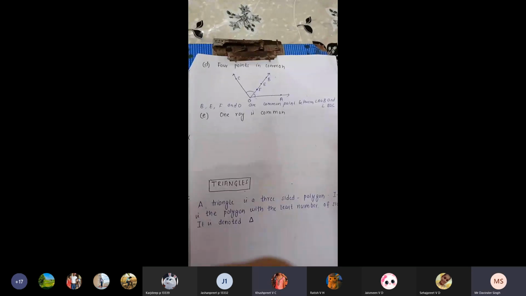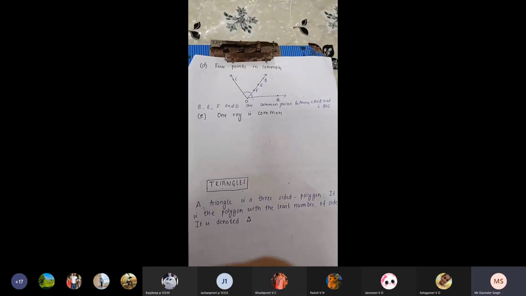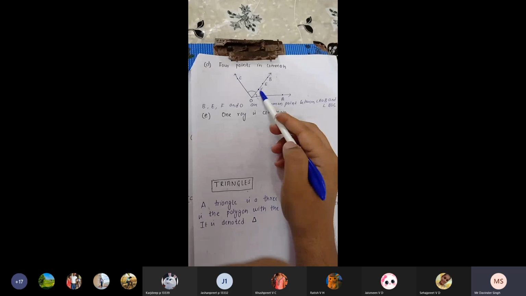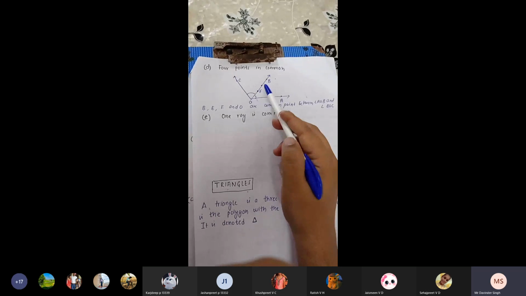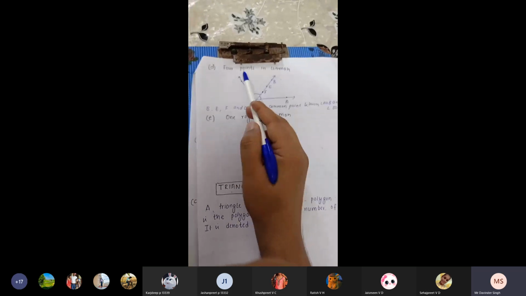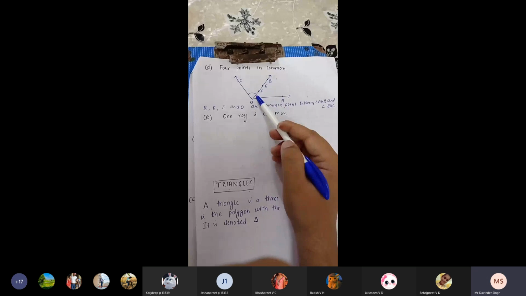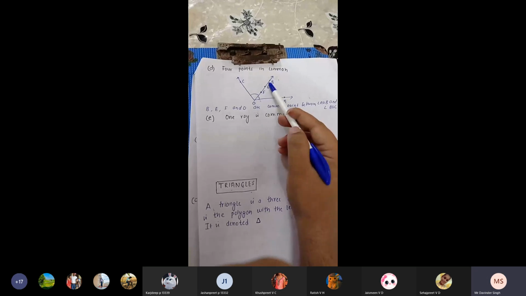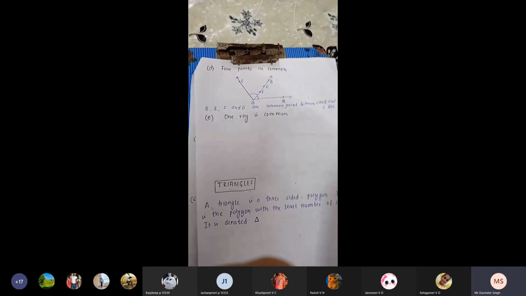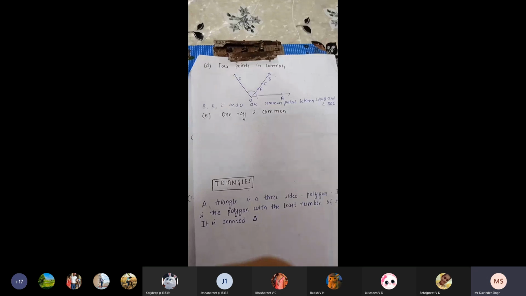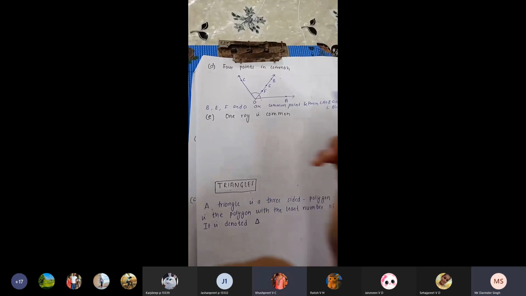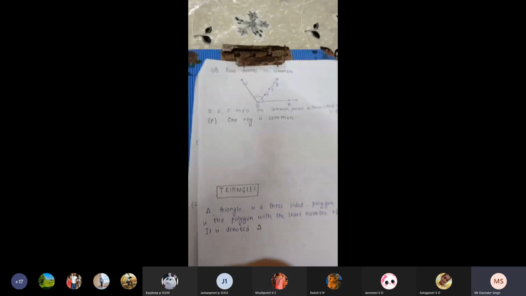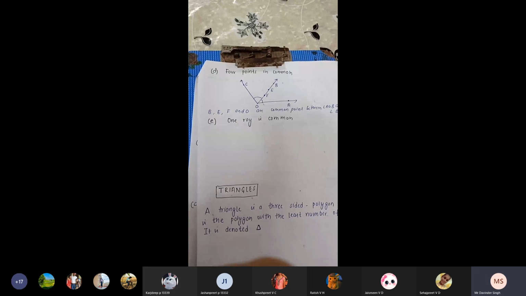Because I am drawing the same diagram again and again, I am just adding the points on this ray. If the question is of 5 points in common, I can take one more point here. If it is 6, then I can take one more point. So we can add the points to this ray. Okay, so last question of today's exercise, that is